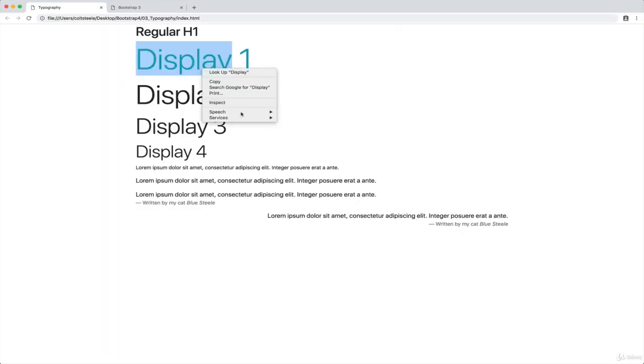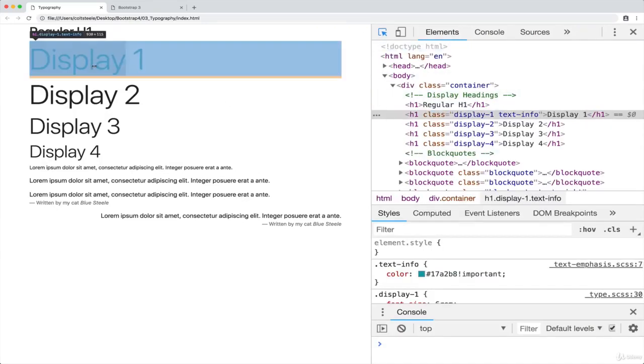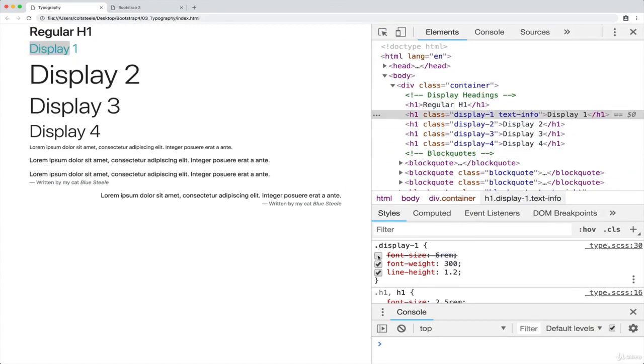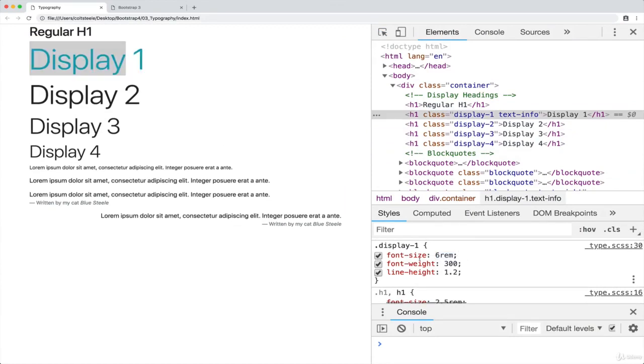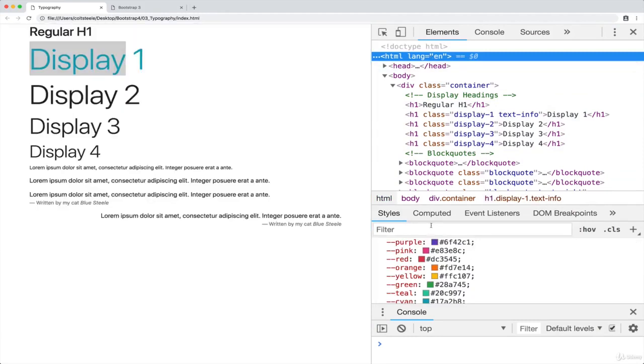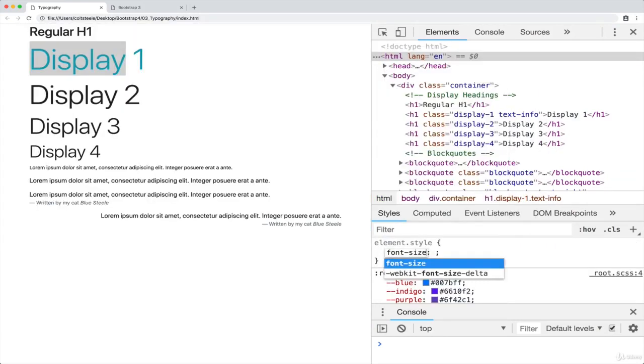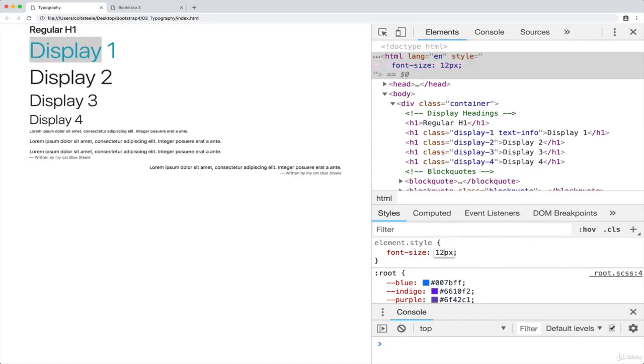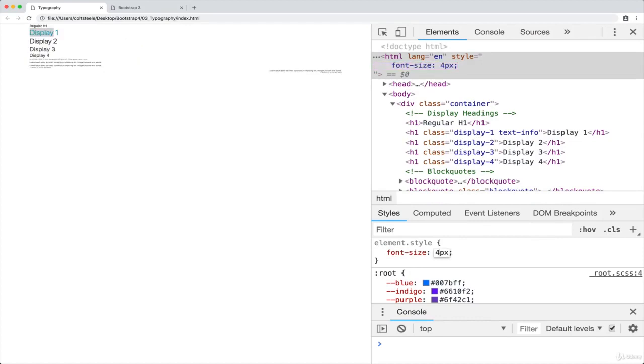So I'm going to make this full screen and inspect. First, just to show you that when we give it the class of display1, it is set to 6 rems. Without it, we just have a regular h1. Add it back in, it's a lot larger. So 6 rems is actually 6 times the default root value for font size, which is 16. So whatever 6 times 16 is. But what's cool is that if I actually go to the root and I give it a new font size, so I'm just going to say font size is now, let's say 12 pixels. Everything just shifted down. Or what about 4 pixels? Everything shrunk